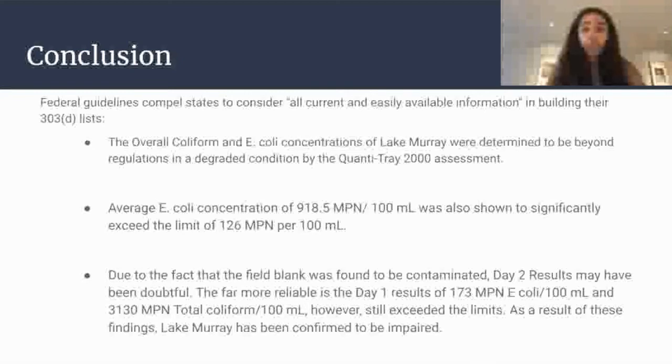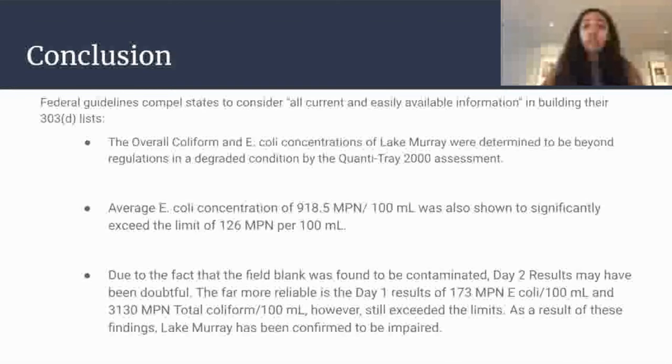San Diego's Water Board specifies that Rec 2 users be restricted to 2000 MPN per 100 ml and Rec 1 users to 200 MPN per 100 ml of total coliform bacteria. As mentioned, the overall coliform and E. coli concentration was beyond the limits, and also the average E. coli concentration of 918.5 MPN per 100 ml was shown to significantly exceed the limit of 126 MPN per